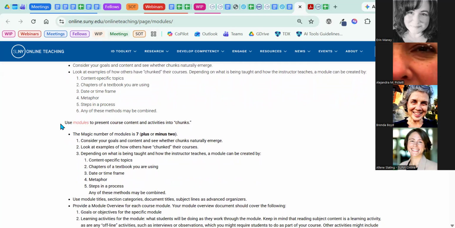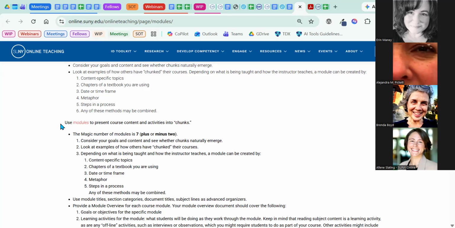So it doesn't mean that you can't have 35 chunks of a course. You just need to chunk them further into 7 plus or minus 2 overarching chunks,